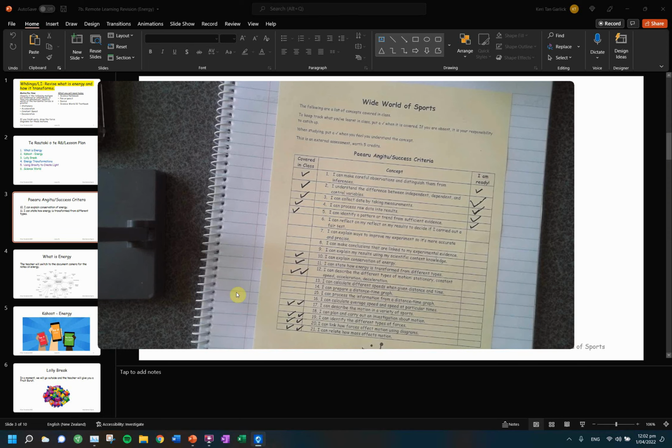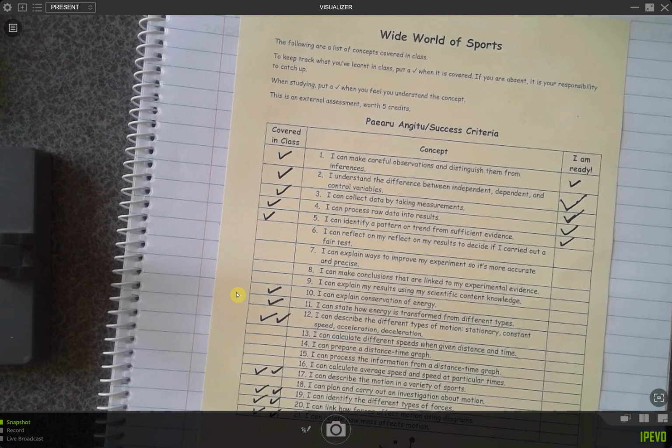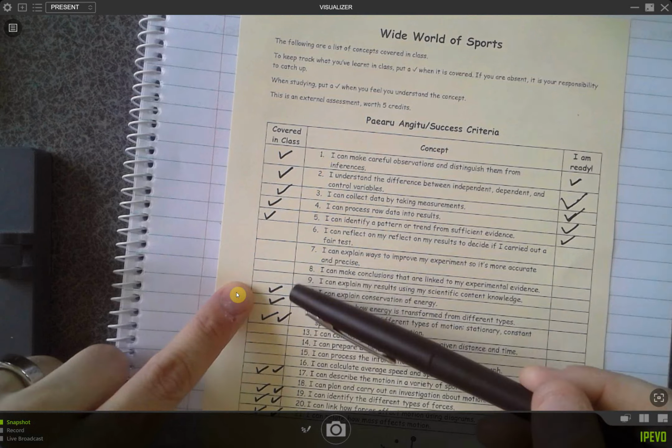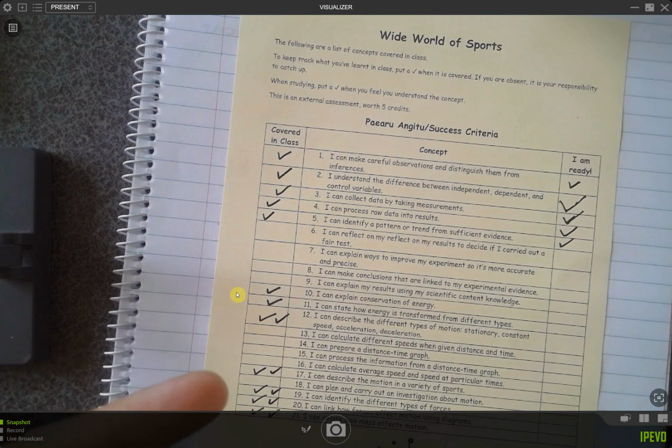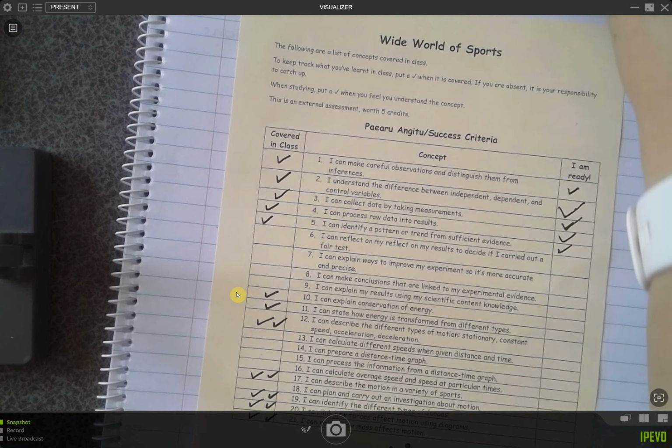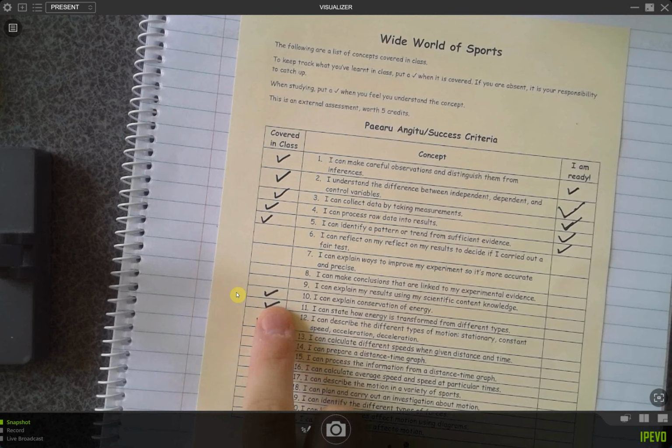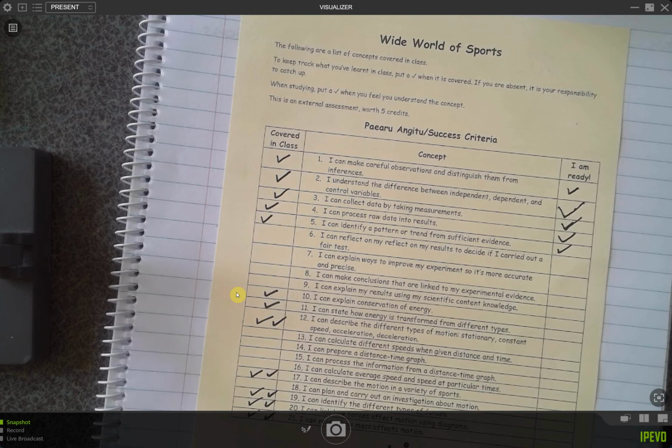So we can tick off number 10 and 11 today. I should actually probably do different colors when we tick them off so that you guys can see the new ones. I'll do that next time. All right, are we good? 10 and 11. It's also on the sideboard if you guys ever miss it.